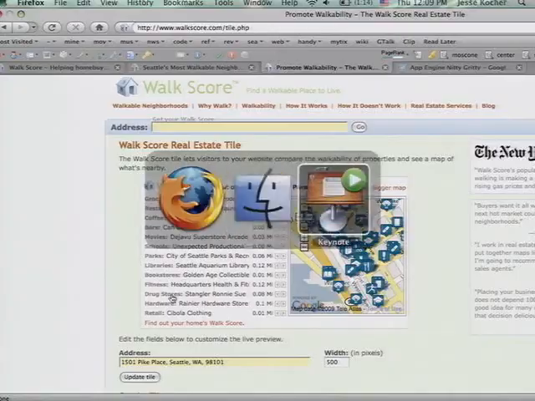So what we really want is this. We want to be right in the primary information about a property: 3 bedrooms, 2 bathrooms, Walk Score 86, and we want search by Walk Score. And to do those things, we need to build an API that gives scores back to a real estate site very quickly, so they can just pass us latitude, longitude, and we give them a score.